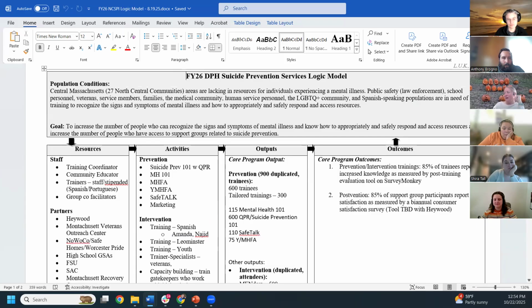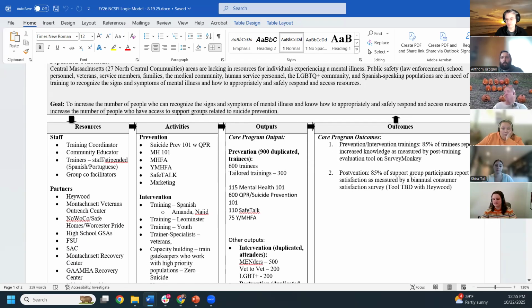For this one, they got to pick 2 outcomes that were relevant to the different areas. So this one they're using for the prevention intervention, a post-survey evaluation tool at their trainings to show increased knowledge. And then for the postvention, support groups report satisfaction.